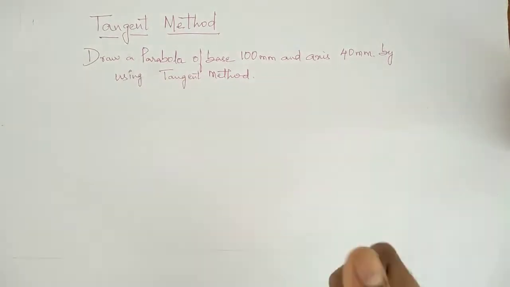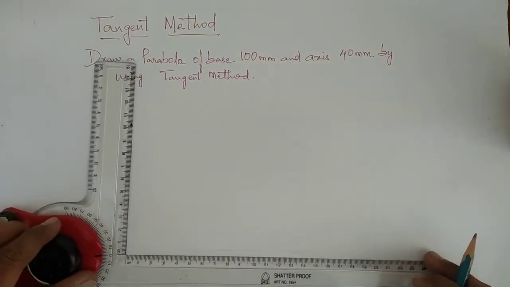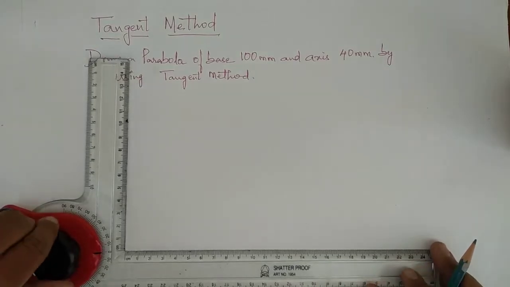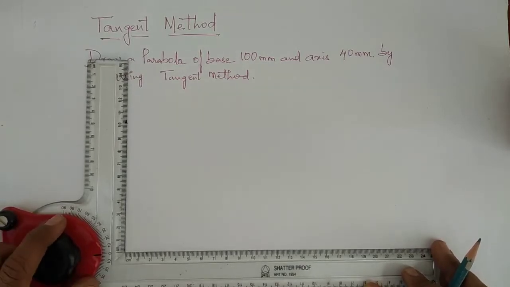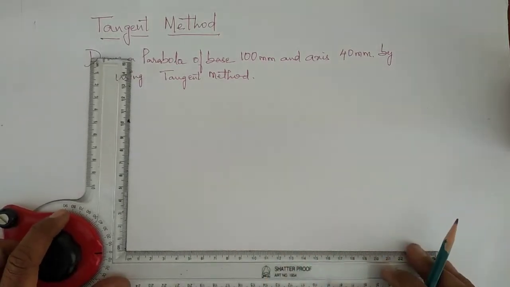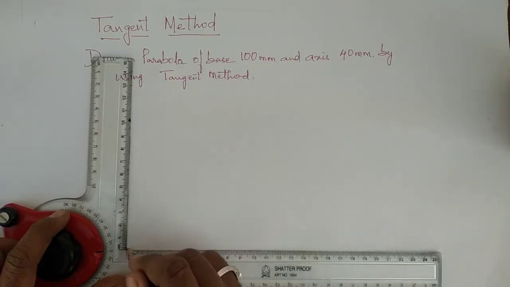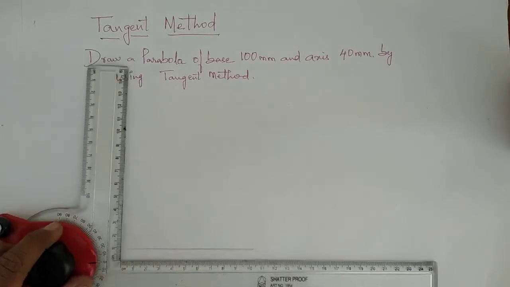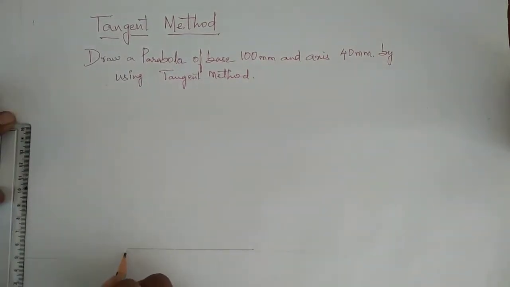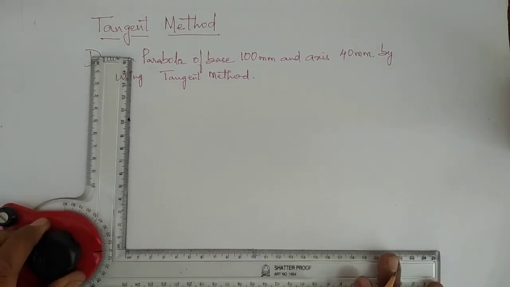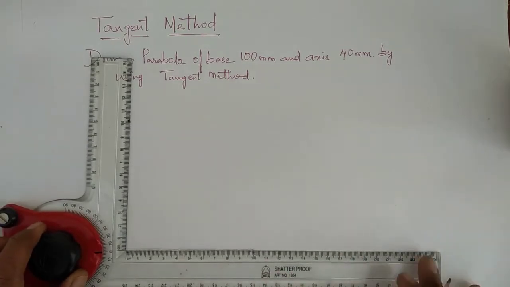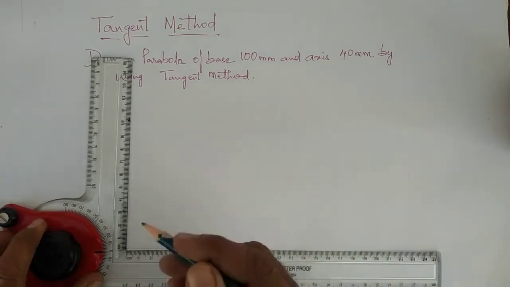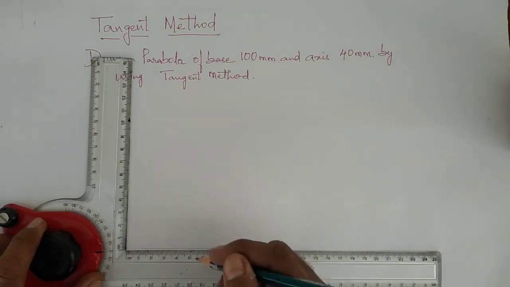As for the given case, draw the base of 100 mm. First, draw a straight line of 100 mm length. Mark it as A, B. Choose the midpoint. Whatever we go ahead for drawing, use the 2H pencil at the initial stage. Afterwards, only for the parabolic curve, we need to draw it with an HB pencil.